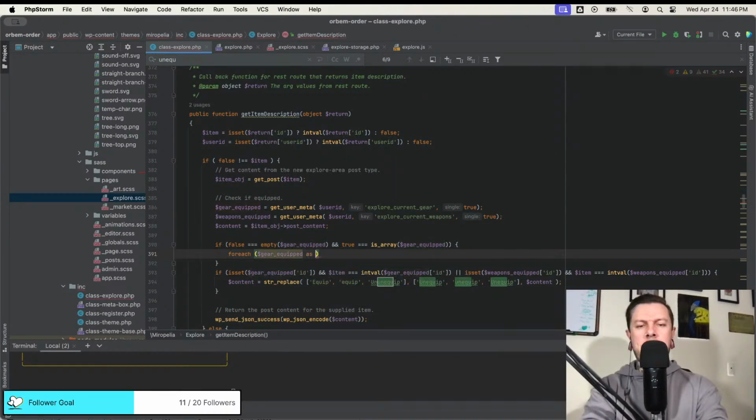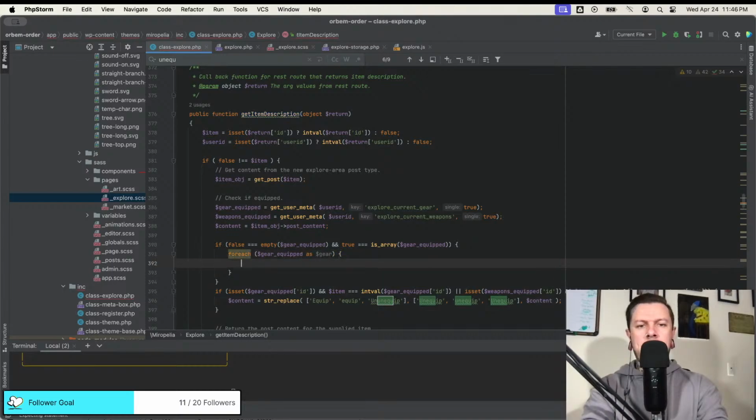Gear equipped as gear. And now we should be able to get the ID. Yeah, because now ID is part of this array.